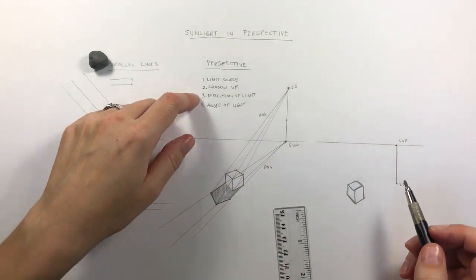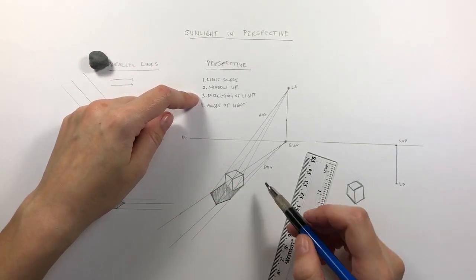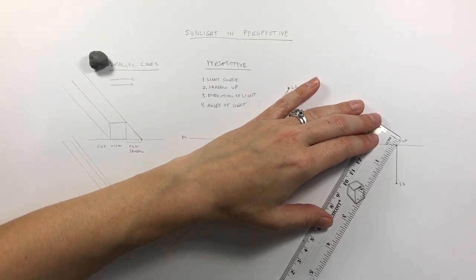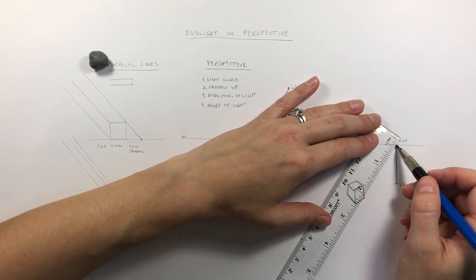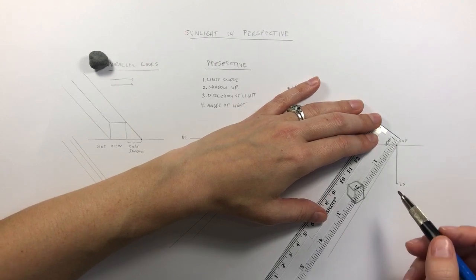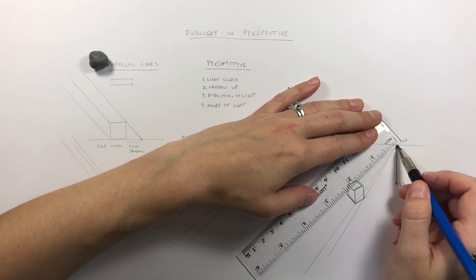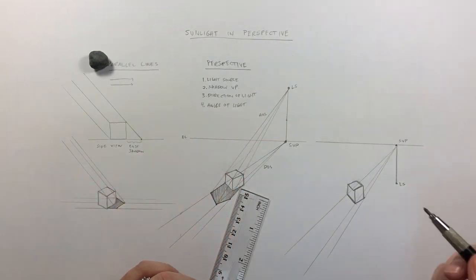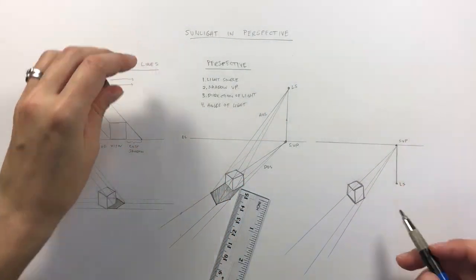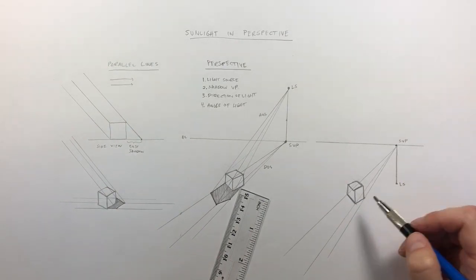Okay, so let's do the same thing we did before. We're going to do number 3, find our direction of light. So exactly the same as before, connecting our shadow vanishing point through our bottom corners, just like so. Remember, we don't need to do the top corner. It's only the bottom, or the front corner. It's only the bottom 3. Actually,